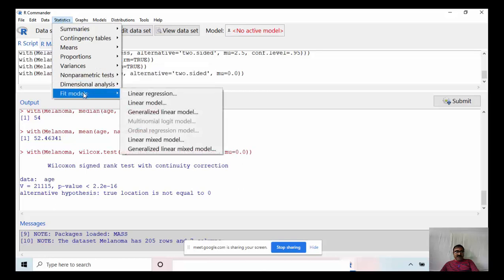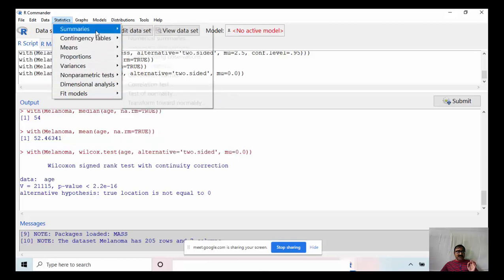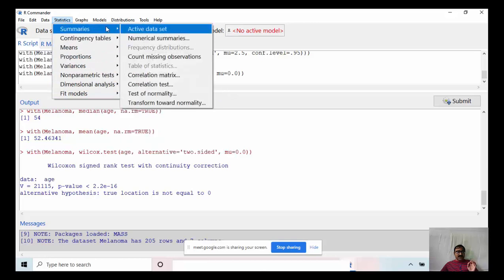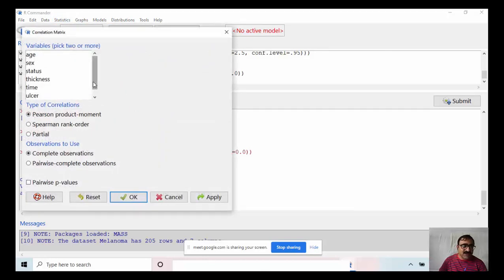So I can fit a model. For fitting a model, I choose regression. In correlation, I can know whether two variables are related or not. See, in the summaries there is correlation, here it is correlation matrix. So I choose here thickness, time and ulcer.